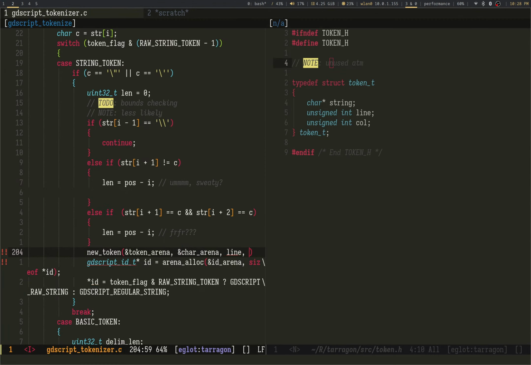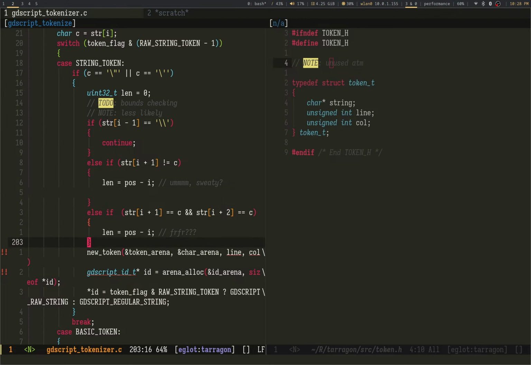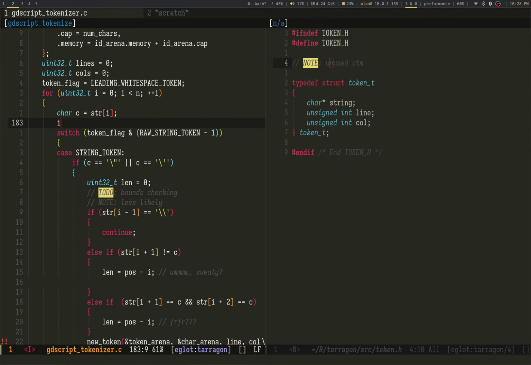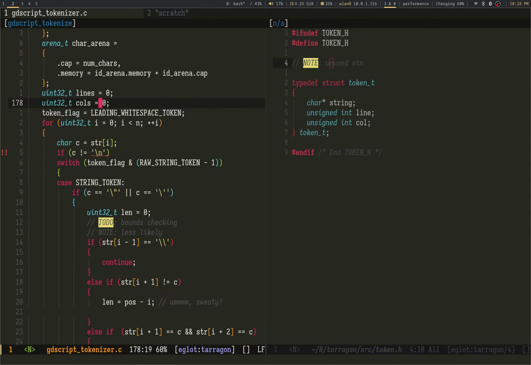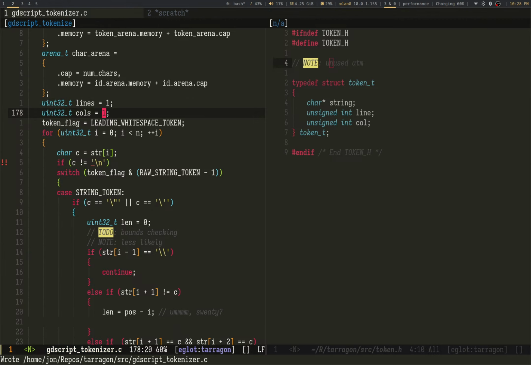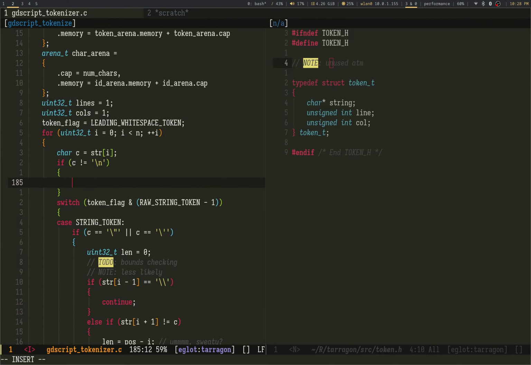Whatever. Line call. If the line, of course, have to implement this feature. Boy. C is equal to new line.